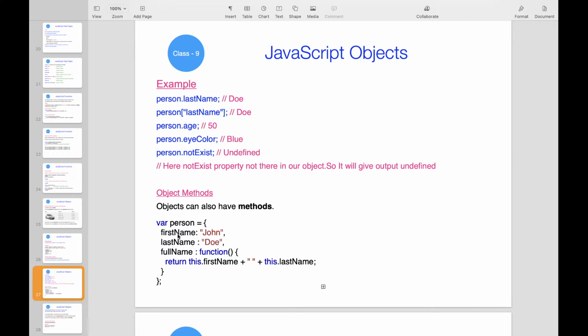So person.firstName will come here. This is a shortcut for calling any property inside the object. So we will call inside the function like this.firstName, this.lastName. Whatever value is there inside the property, that value will come here instead of this. So finally fullName will return firstName plus lastName.